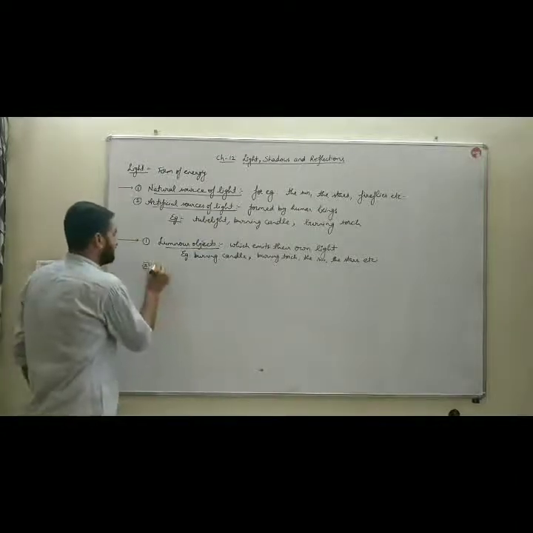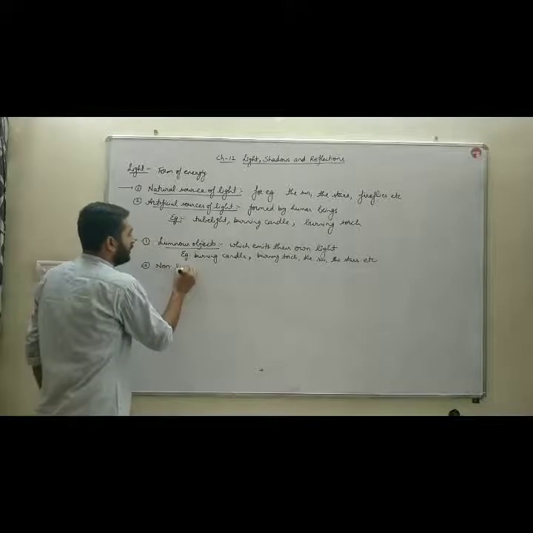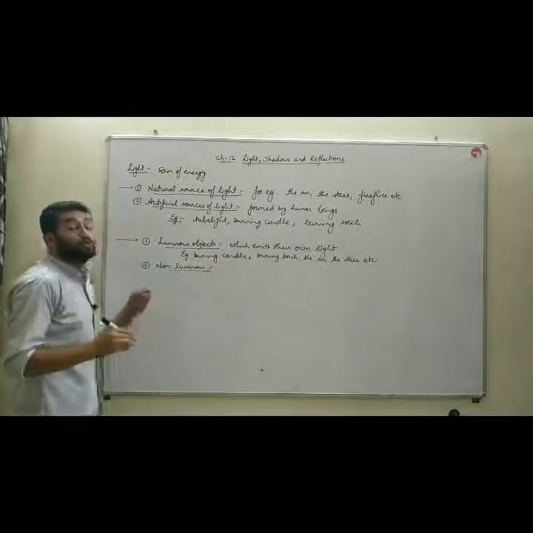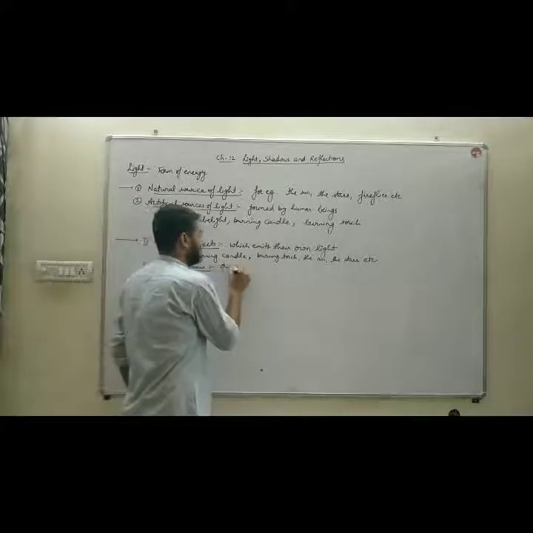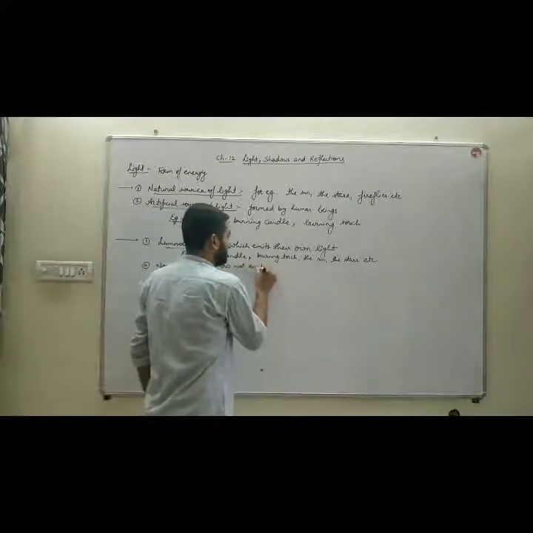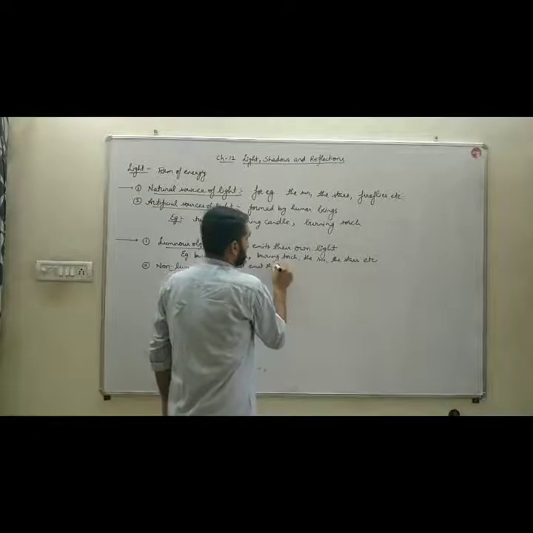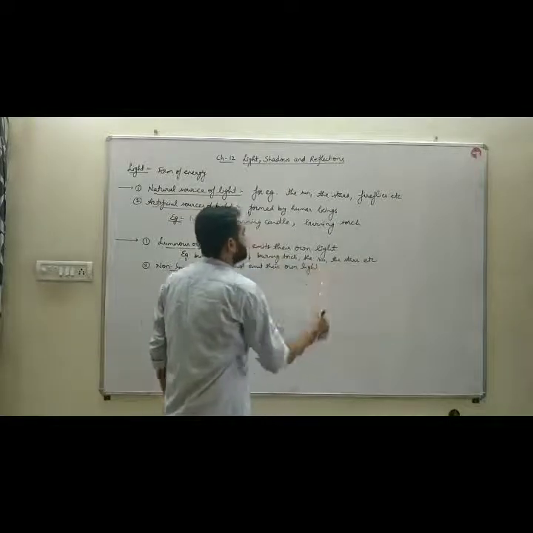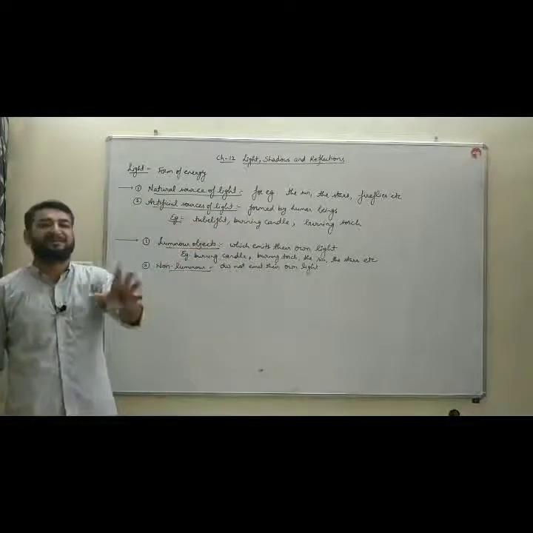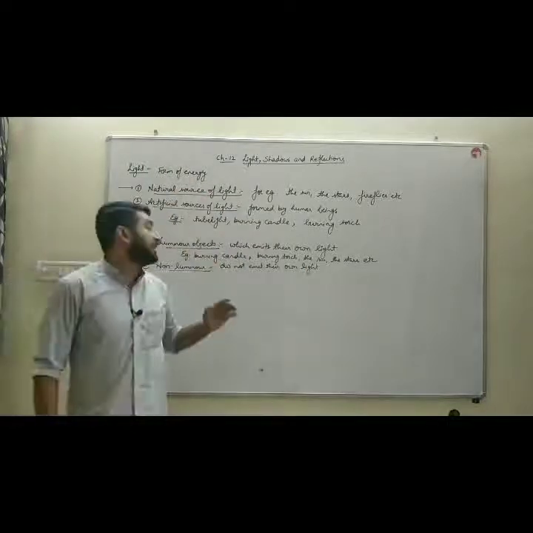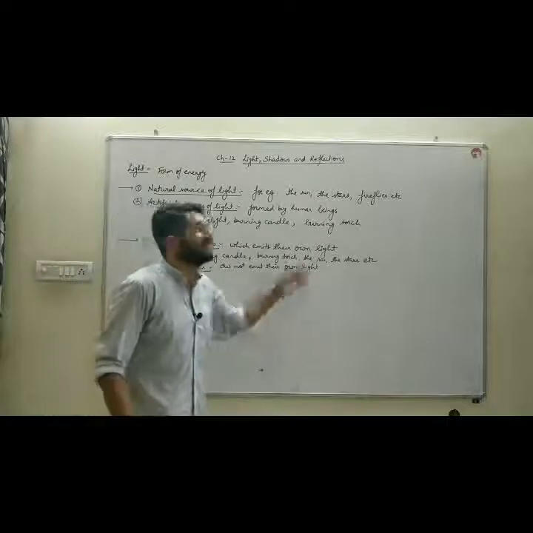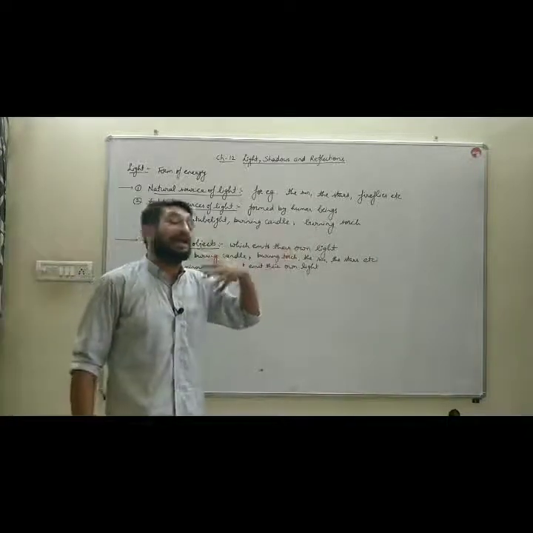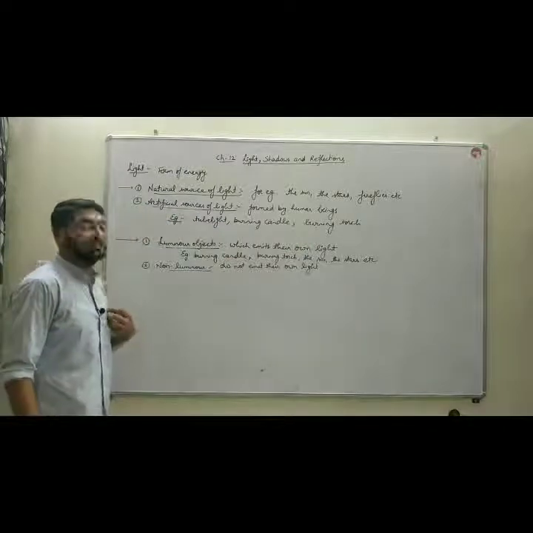The second one which we have discussed was non-luminous, which do not emit their own light. They do not release their own light, they do not produce their own light. Rather than that, they just reflect the light of some other source like tube light, like torch, like sun or the stars, and then that light is reflected into our eyes, and by that reflected light we are able